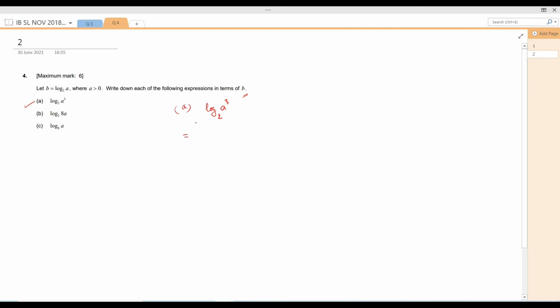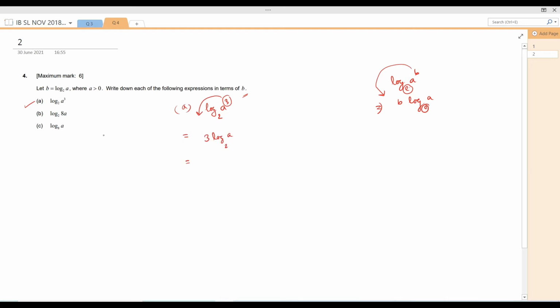For this we just need to implement the formula. If you remember, the formula is log of a to the power b, which is nothing but b times log a. Here the base is e, but for any base this formula is satisfied. So b will be above the log function. Here 3 is the power, so 3 will be in front of the log function. So 3 log base 2 of a.